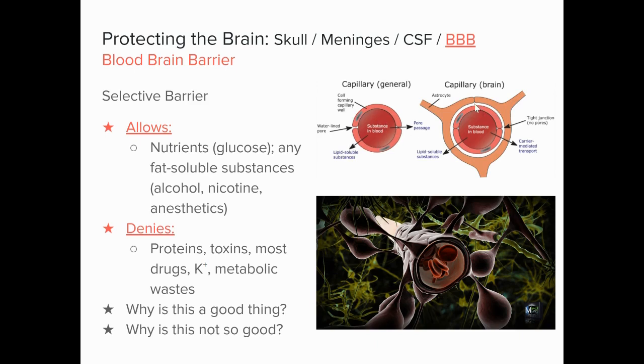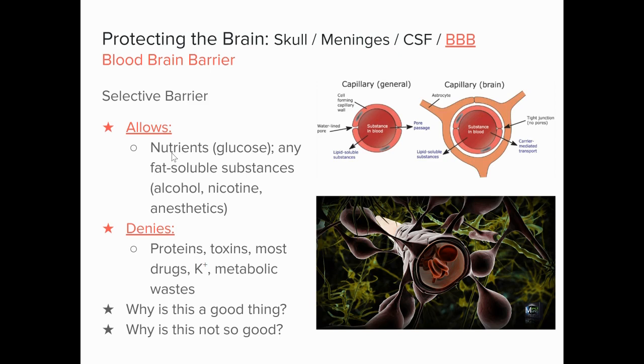In the brain, you have your capillaries, and they are surrounded by astrocytes, which are neuroglial cells, right, that you learned about in your tutorials and the lectures. So they're very different. So that's going to help protect. So the